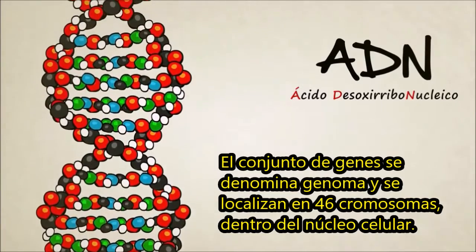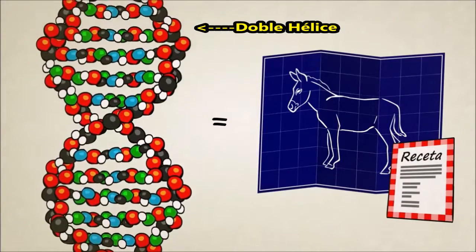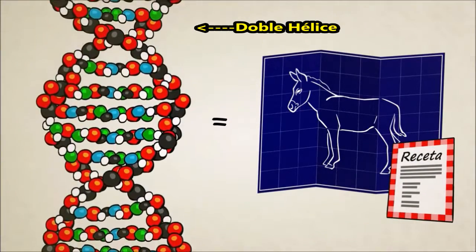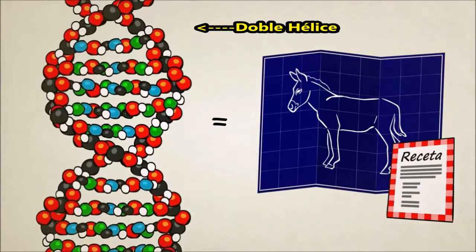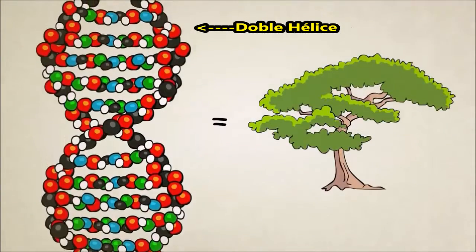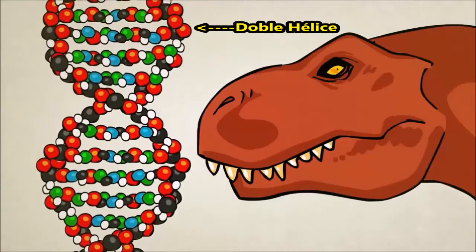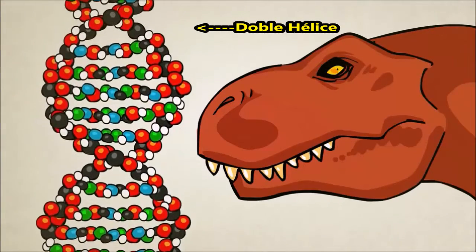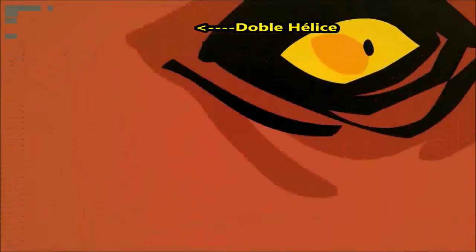Si alguna vez has estudiado biología o visto la película Jurassic Park, probablemente has oído hablar de que el ADN actúa como un plano o una receta para un ser vivo. ¿Pero cómo? ¿Cómo puede una molécula actuar como un plano para algo tan complejo y maravilloso como un árbol, un perro o un dinosaurio? Para ayudar a contestar esta pregunta, primero echemos un vistazo a los aminoácidos.